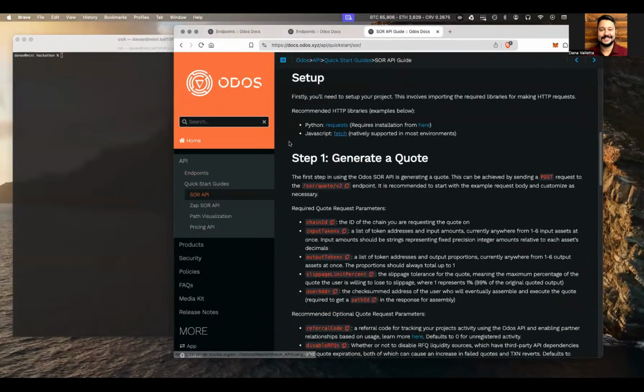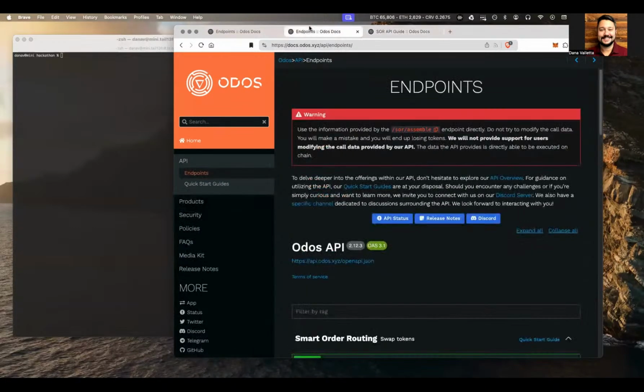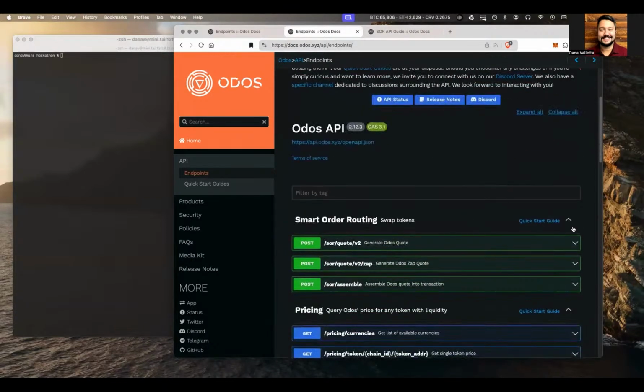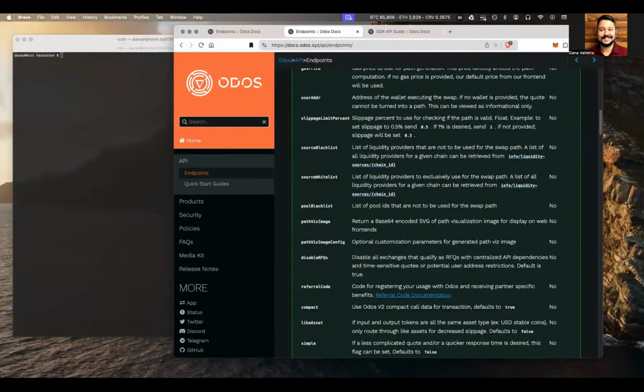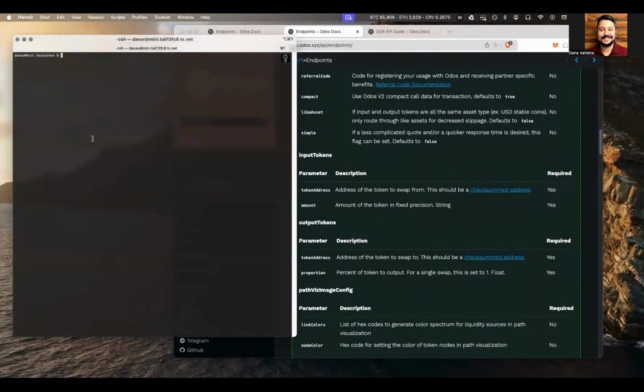Here, a bit more of a verbose explanation of each of the parameters. However, at our API endpoint documentation is where we host Swagger. If you're familiar, you can expand any one of these panels, and again, you'll get a verbose explanation of each of those parameters as you're building your quote. So, okay, let's go ahead and take a look.